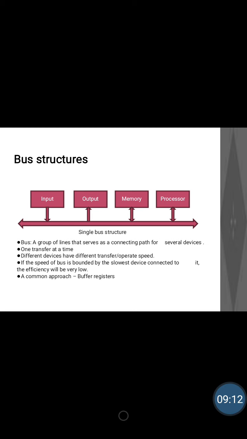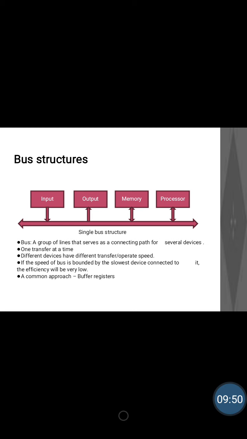Is it making use of the bus now? No. Already using the bus, the processor has sent the data which has to be printed and it's already stored in the buffer register of the printer. Now the bus and the processor are not required by the printer for data transfer, right? So thus it is preventing the high speed processor from being locked to a slow device. Without the buffer registers, the processor, even though it is sending fast, has to wait until all the things are printed, as it is a slow device, because it is through the bus.